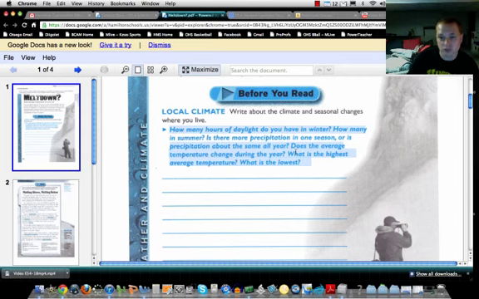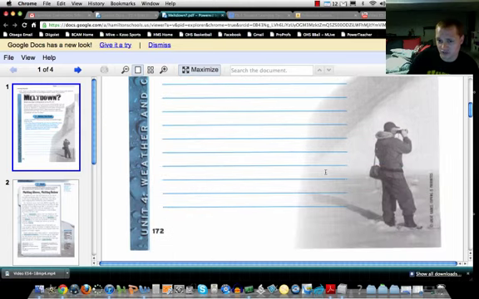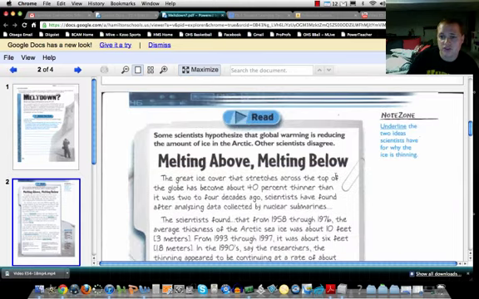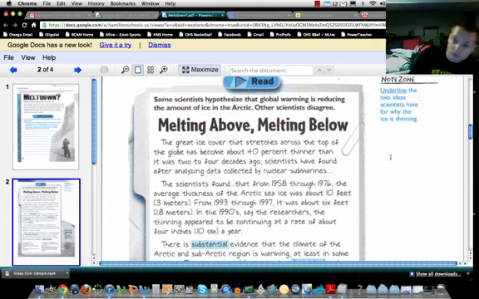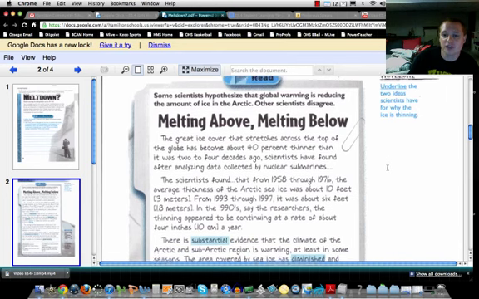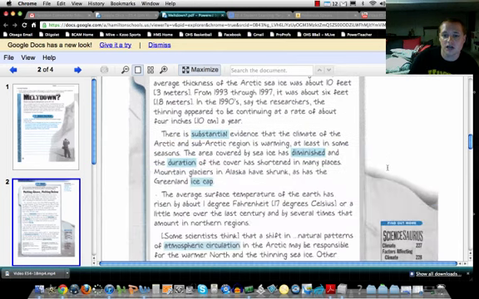What I want to point out to you is there are sometimes multiple questions within a question. And in this case, there's 1, 2, 3, 4, 5, 6. So there are 6 different questions that you're being asked to answer. So be mindful of that. Second part is, when you get to this page, you're going to note over here in the note zone that it's going to ask you to underline 2 areas. So again, using all of the resources that are on this page, be mindful of some of the things that they're asking you to complete.